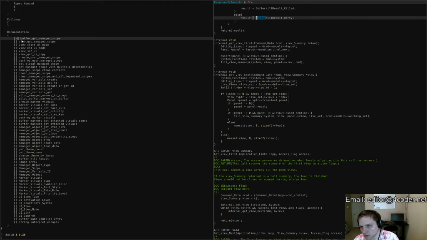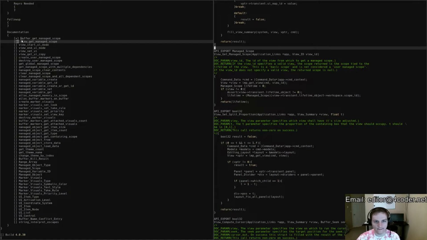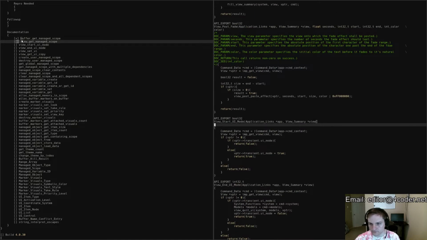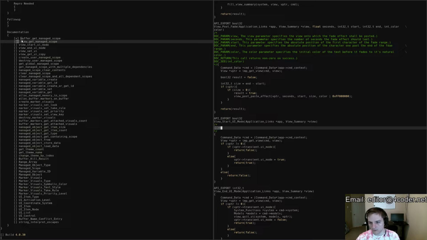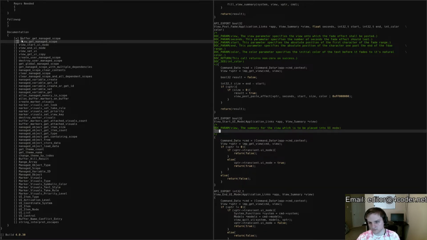Alright, let me make sure I've eliminated all mentions of the word buffer here, and I have. Alright, then we have view start UI mode. Okay, view. The summary: the view to be altered, to be placed into UI mode. This call returns non-zero on success. It can fail if view is invalid, or